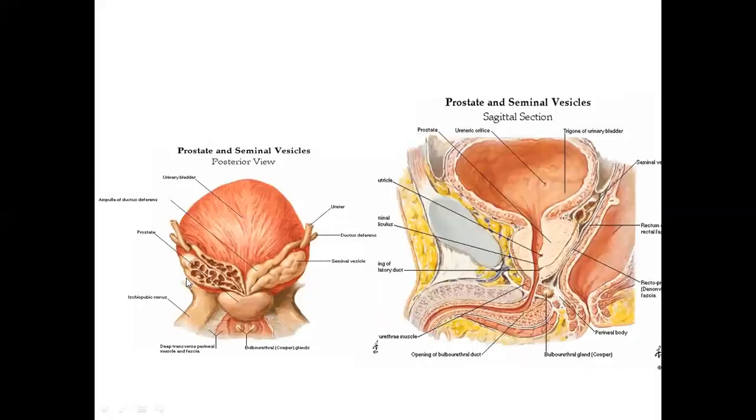This is the posterior aspect of the urinary bladder. It's a clear picture which helps us to understand the seminal vesicles, ejaculatory duct, ampulla of the vas deferens. Both the vas deferens and seminal vesicles join to form the ejaculatory duct. This is the pubic symphysis, urinary bladder, neck of the bladder, prostate gland. Behind, again, seminal vesicles, this is the ejaculatory duct. This is the anterior one-third of the prostate. This is the posterior two-thirds of the prostate, in between which the prostatic urethra is passing.